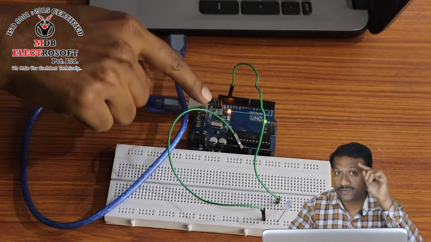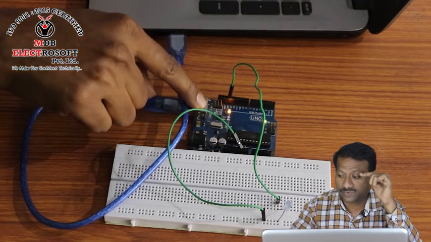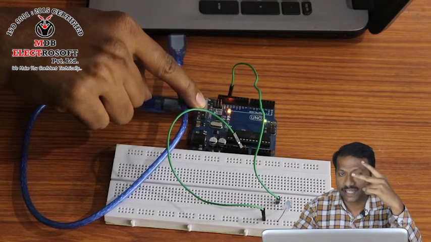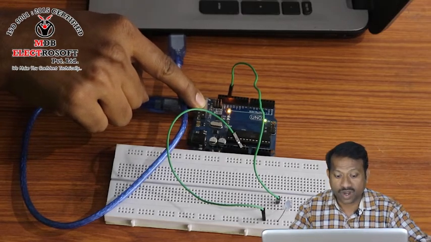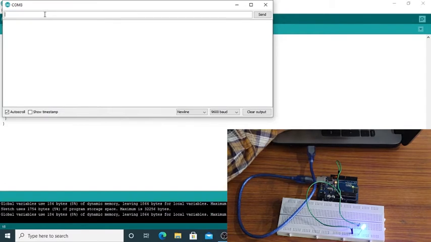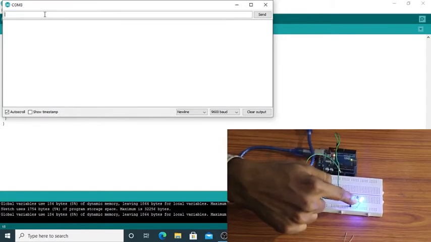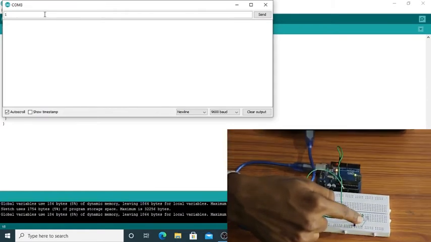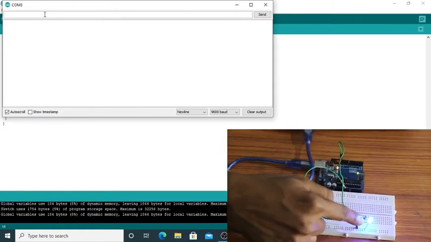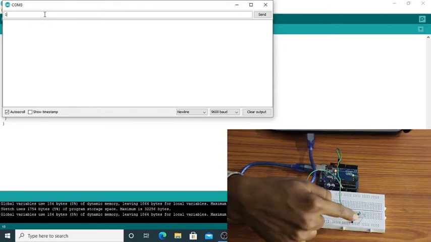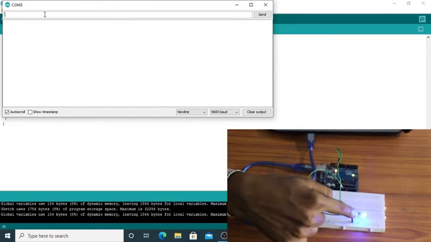And in Arduino we have written the program: if the data is 1, that LED becomes on, if the data is 2, that LED becomes off. Now when I transfer 1, my LED is getting on. If I am transferring 2, it is getting off. 1 on, 2 off, 1 on, 2 off.